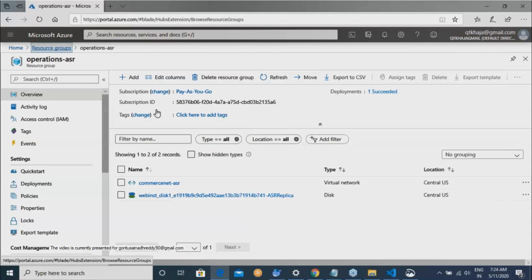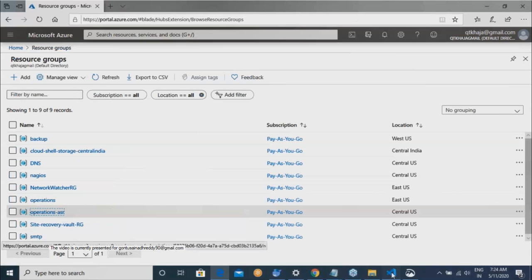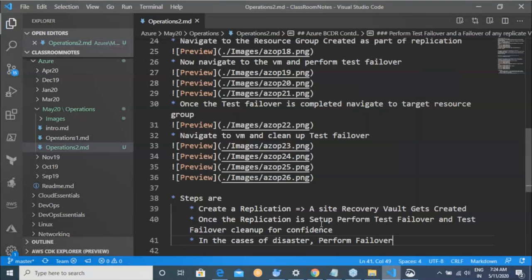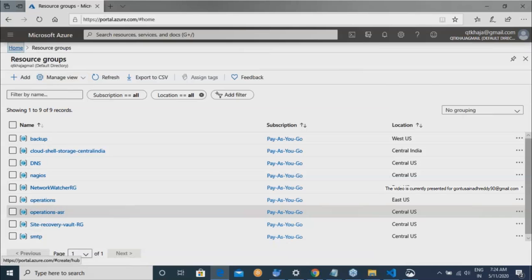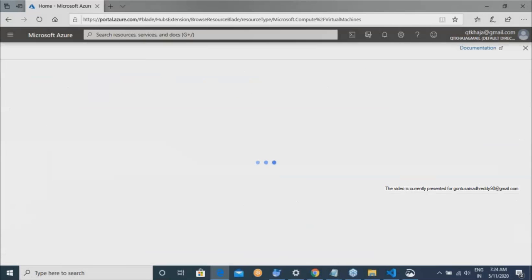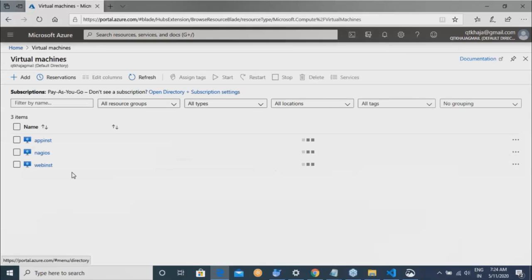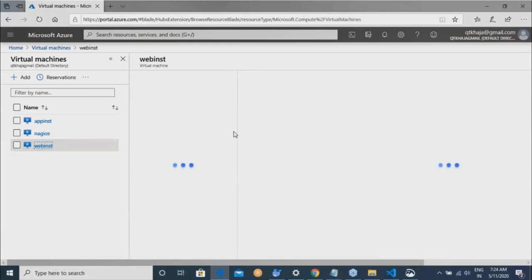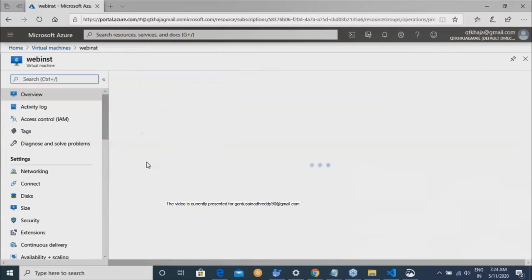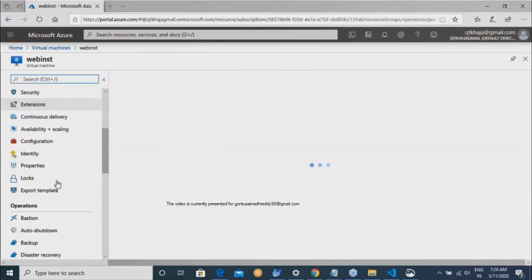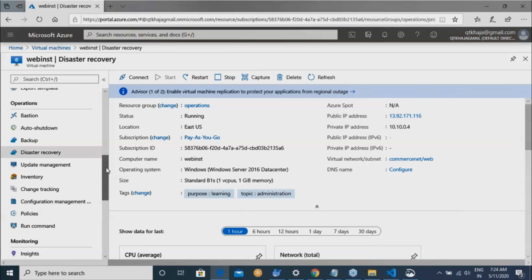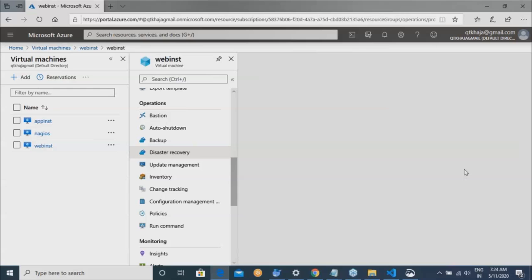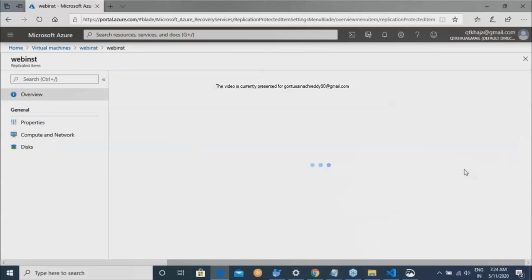Become clear with what basically we have done. That's the reason why I've written steps. Now in the actual case of disaster, what you would try to do is go to your virtual machine, and then you would do a failover.